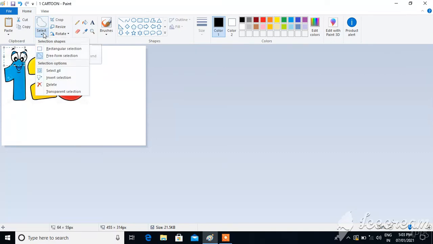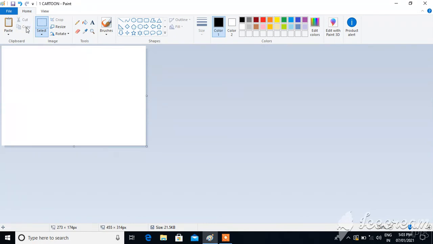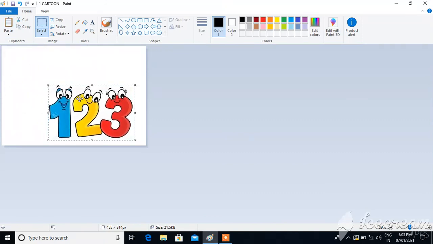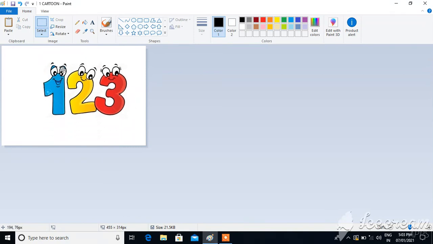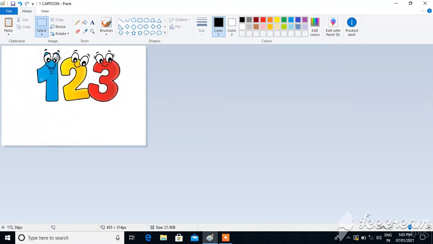Sorry, I will take the rectangular selection, so it is easy. This picture gets selected. Now I will click on cut, and now again I will click on paste. What happened? The picture got cut from one place and pasted to the next place. Or if you want to change the place or you want to move, you can move like this also. Just select it and move.